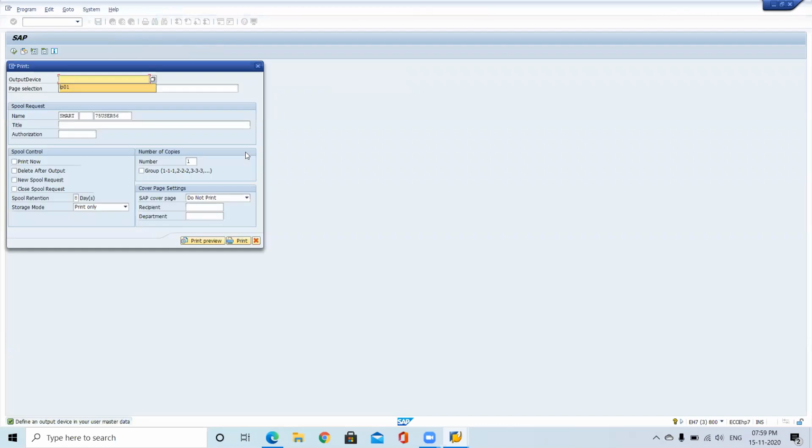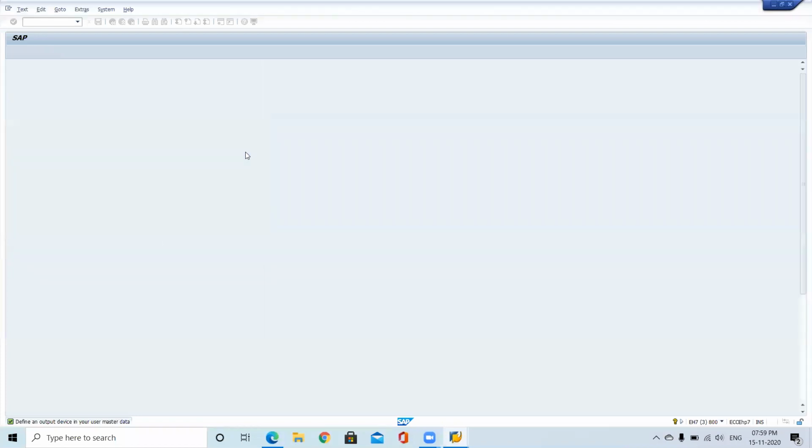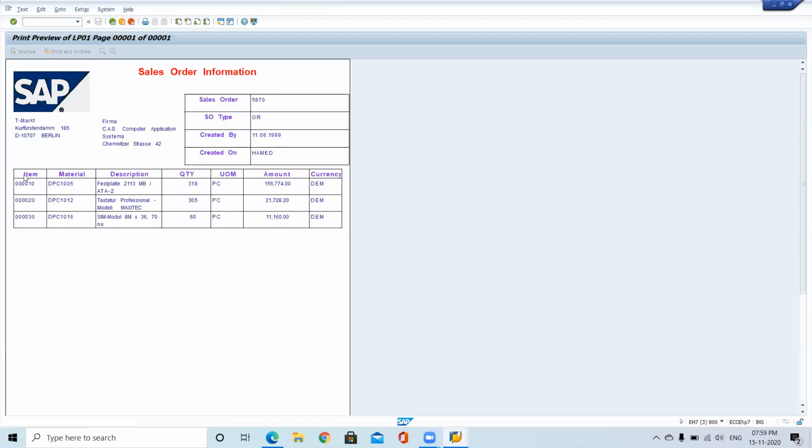It's asking for the printer, just select the printer, just click print preview. Now you can see that the heading is center aligned. Here also, if you see this one, it is also center aligned. If you don't want to make it center aligned, then you have to create one more paragraph format for this template. So if you're expecting left aligned, then you can change. Or if you are okay with the center aligned format, then you can use. So the look wise now it is looking good.